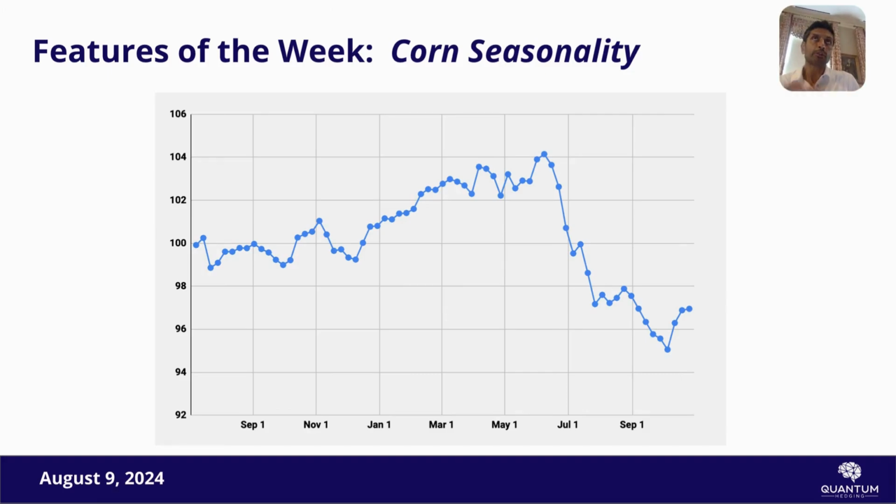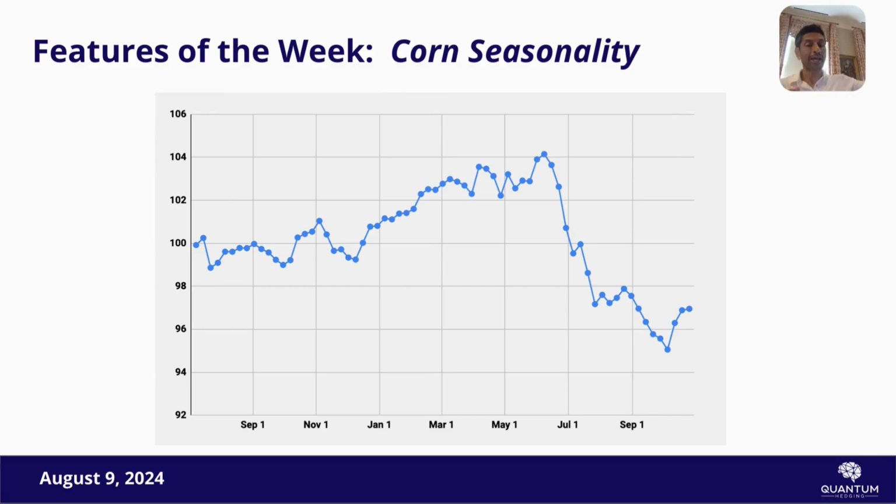When you take a look at what corn and beans typically does in a crop year, what we've done is we've gone back and averaged 30 years of what corn and beans has done, starting at around the end of July of the previous year. So, think about starting now and going all the way forward for 2025 until the end of October.